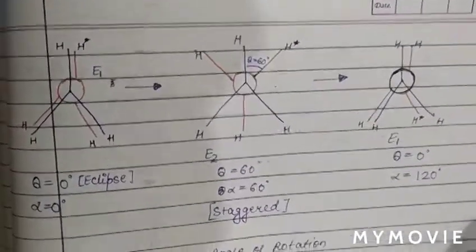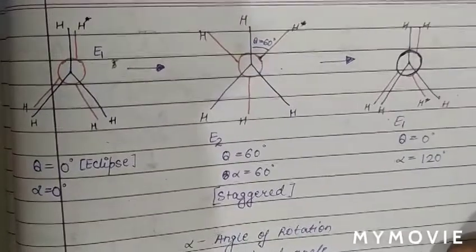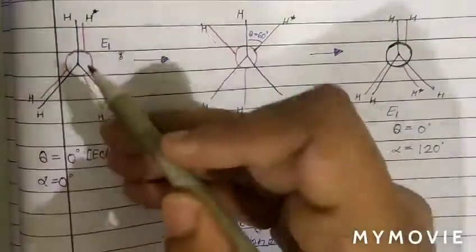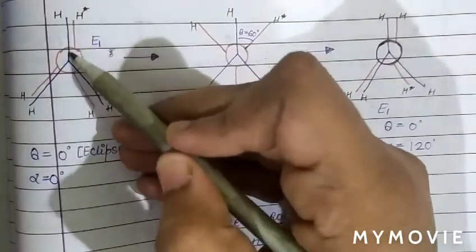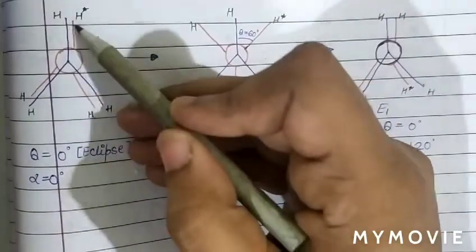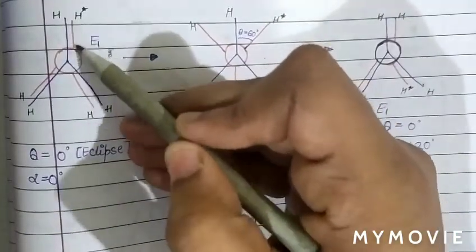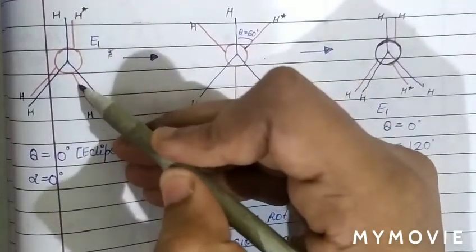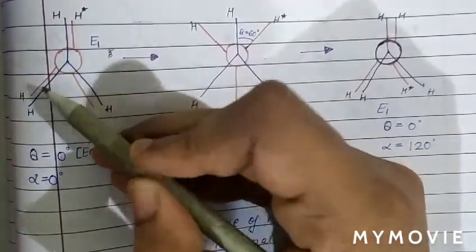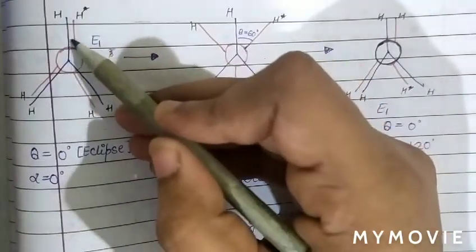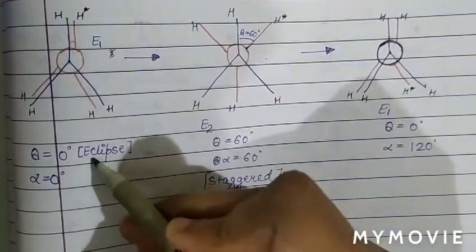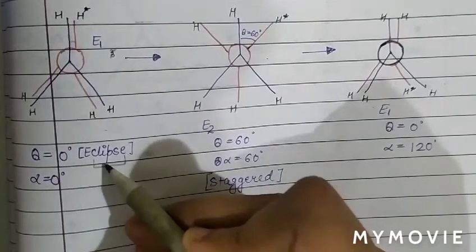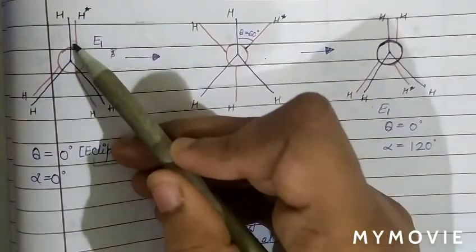Now we will see the conformational isomers of ethane. As we can see in this case, this is the front carbon. The blue pen which we have used is the front carbon, and these are the projected carbon-hydrogen bonds of the front carbon, and the red pen shows the rear carbon, the carbon-hydrogen bonds of the rear carbon. As we can see in this case, the torsional angle is 0, theta is 0, and we know when theta is 0 we call this position the eclipse position, and in the eclipse position the torsional strain is maximum, therefore stability is minimum.